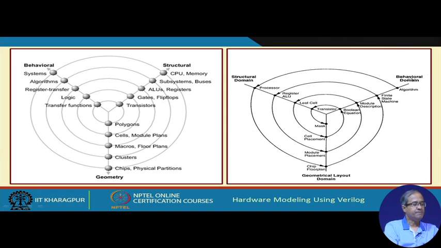Now, you see, actually here I am giving an example. We start with an algorithm at the behavior level. So, highest level is algorithm. We carry out some transformations in a systematic way, which is represented, you see, as a helix here. From the outside you slowly move towards the innermost point of this structure. So, from the algorithm you translate into processor,